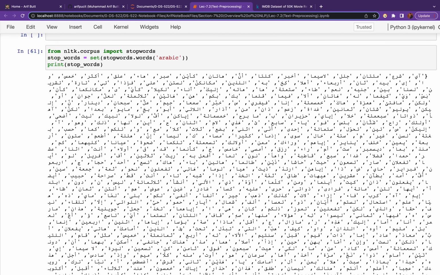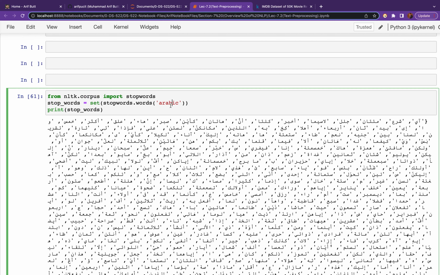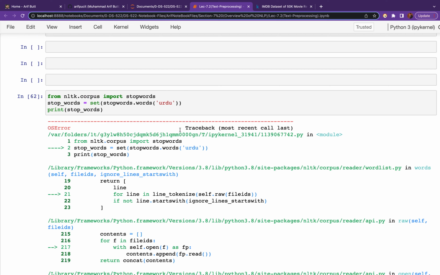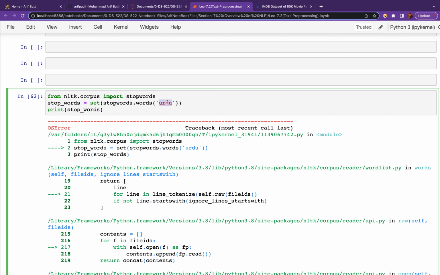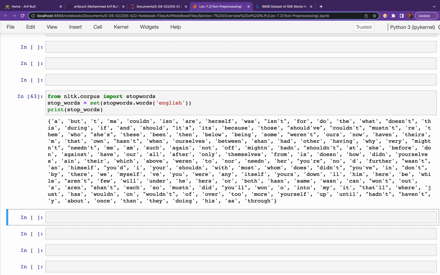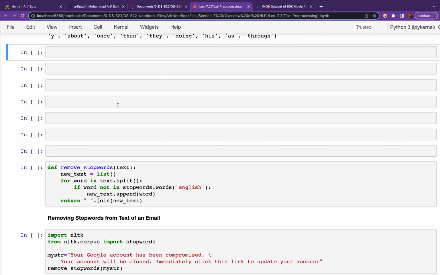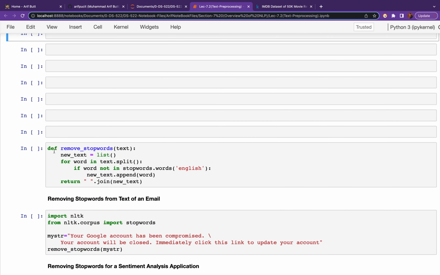So these are the stopwords of Arabic. Let me check out for Urdu. So unfortunately, we do not have stopwords for Urdu in NLTK. You can always contribute for this. Anyway, okay. Now over here,